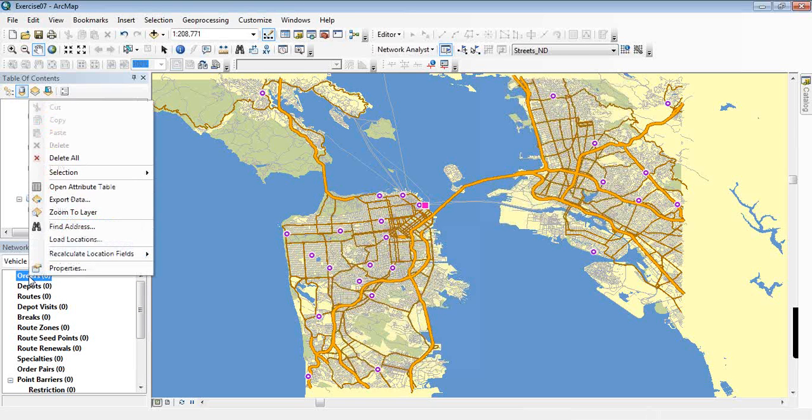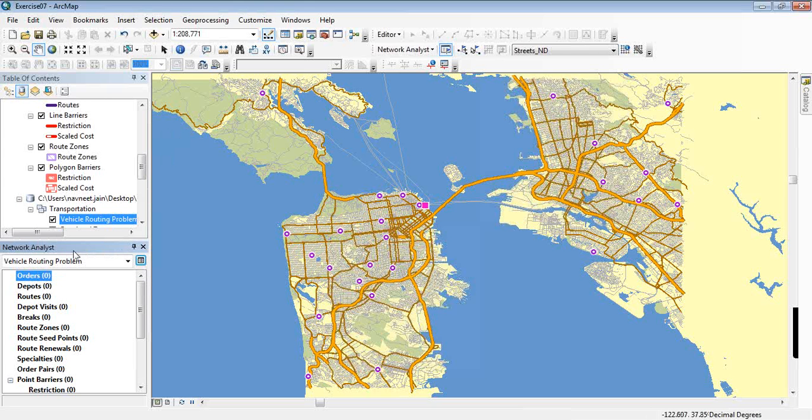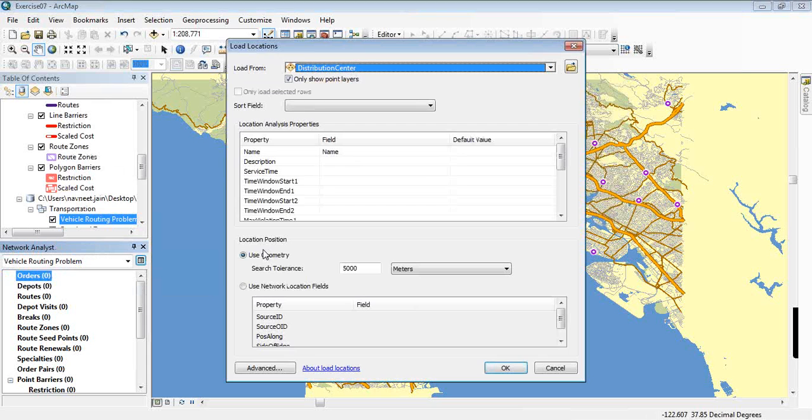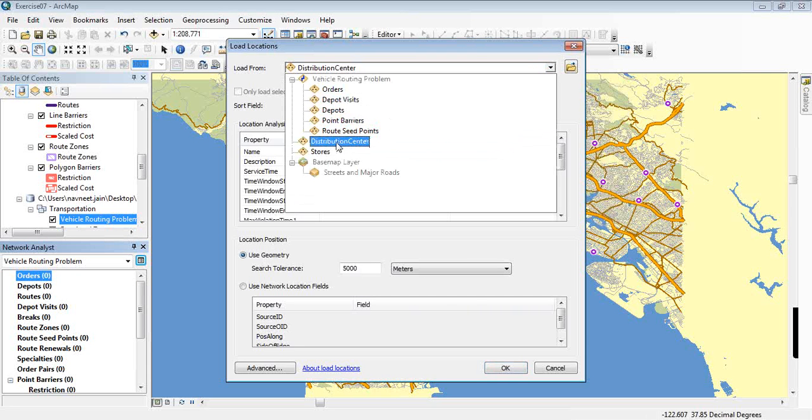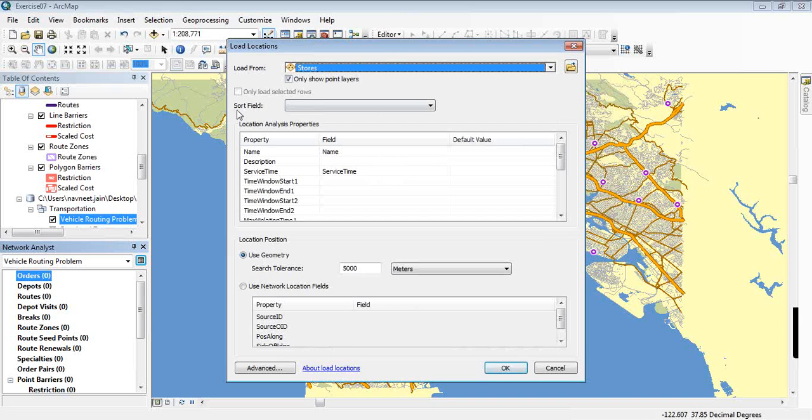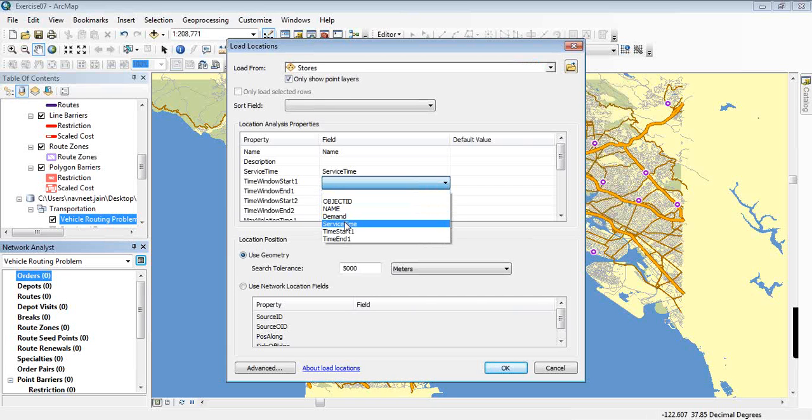Okay. So on the left-hand side bottom, you'll see the window showed up, which is a Network Analyst window, and it's the vehicle routing problem. So I'm going to load locations, and yeah, so that showed up, and then I'm going to select the layer stores so I can map the orders to the stores. Okay, so I have a start window time, which essentially is time start, which is in